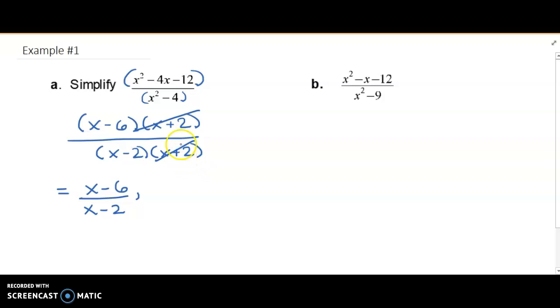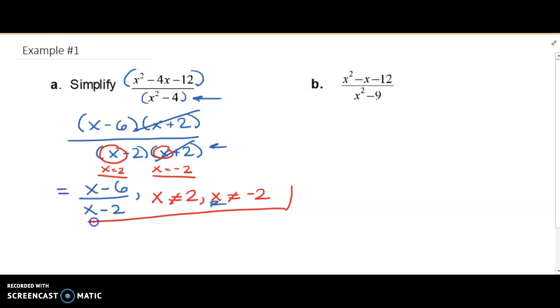Okay, so remember, the denominator of our fraction at any point cannot be equal to 0. So we want to go and find the x values that would make the denominator 0. Well, guys, if this x here is 2, it'd be 0 times 4, which is 0. Or if this here is equal to negative 2, it would be 0 times negative 4, which would also be 0. So both x equals 2 and x equals negative 2 should be excluded. So x cannot equal 2, and x cannot equal negative 2,